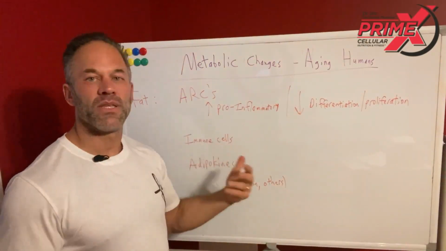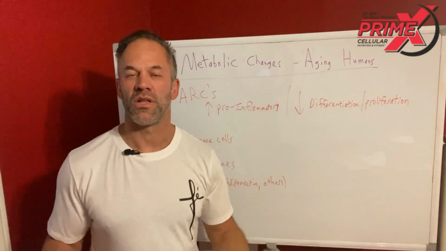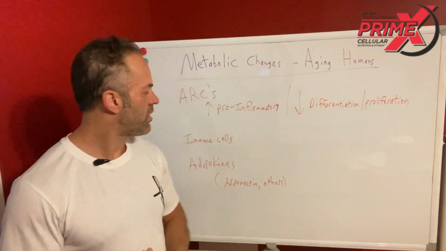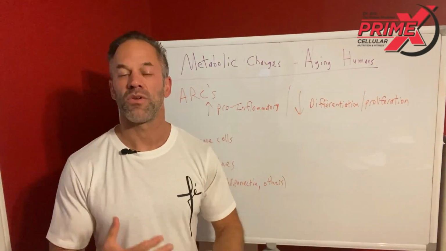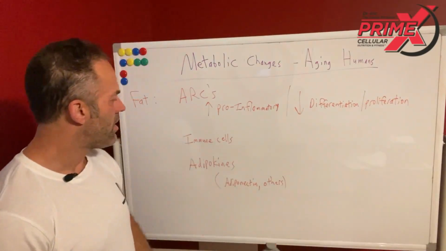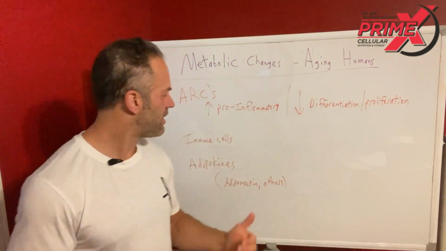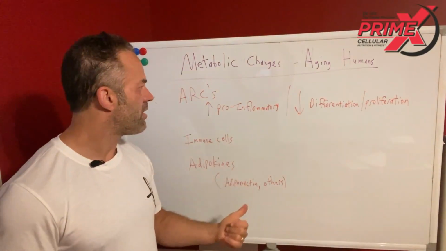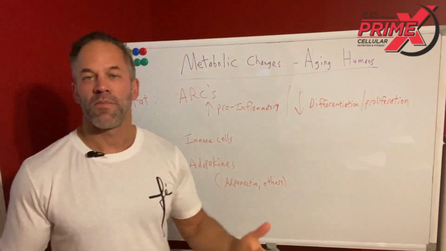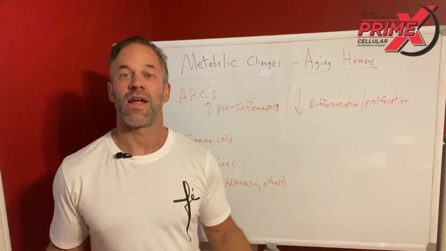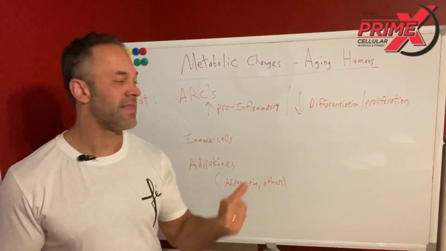Mixed in with these cells, which are usually found in the subcutaneous fat, there are immune cells, like what we call natural killer cells, eosinophils, etc. And then they also produce adipokines, basically other cytokines or enzymes, other molecules that have an action on cells around them. These are things like adiponectin and some other things as well, which I'm not going to get into the details of. Basically, these immune cells and adipokines become attracted, and more and more are produced by the fat cells. Probably a lot of people have heard how fat cells are very active. They don't just sit there, but they actually produce these adipokines and attract immune cells and can get them inflamed.